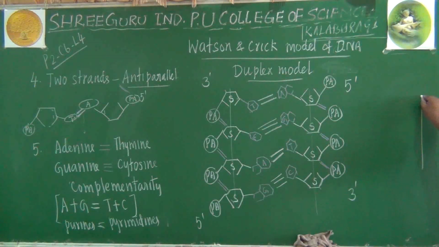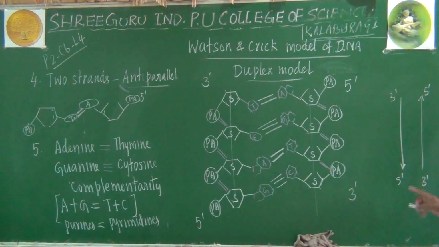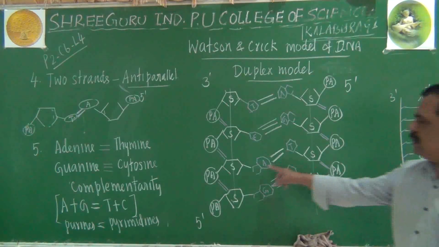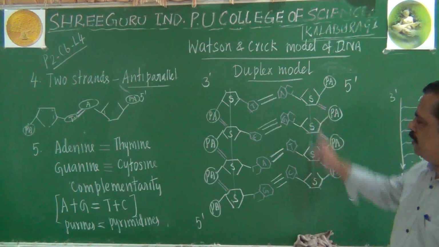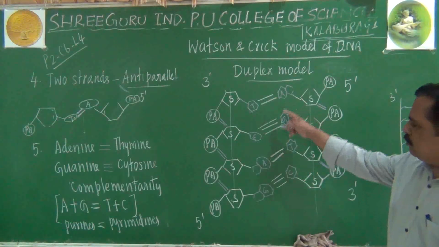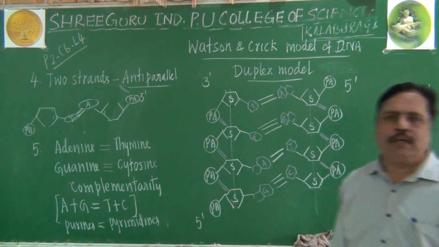One of the chains is 5 prime to 3 prime. The other chain will be in the 3 prime to 5 prime direction. This is called anti-parallelity, and between them there will be hydrogen bonds. The backbone is made up of sugar and phosphoric acid, sugar and phosphoric acid like this, whereas the steps are made up of nitrogen bases. These are the nitrogen bases. In order to bring the two nitrogen bases opposite to each other, the chains become anti-parallel, because of the hydrogen bonds. That is the important point.